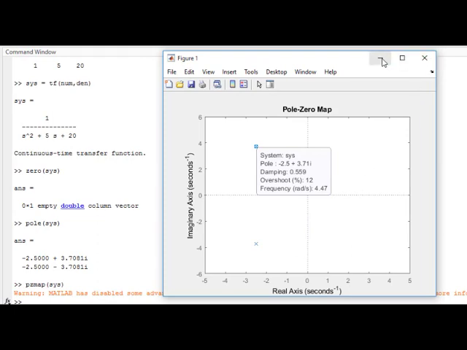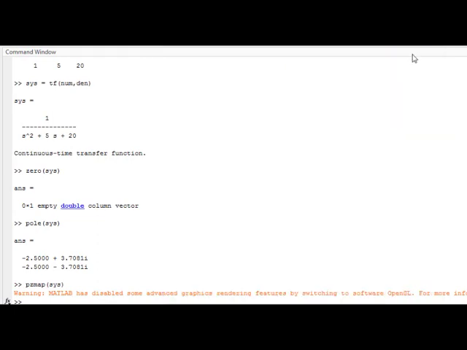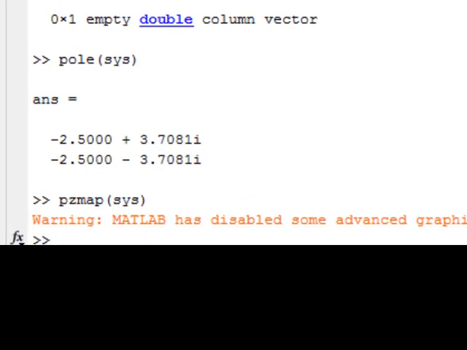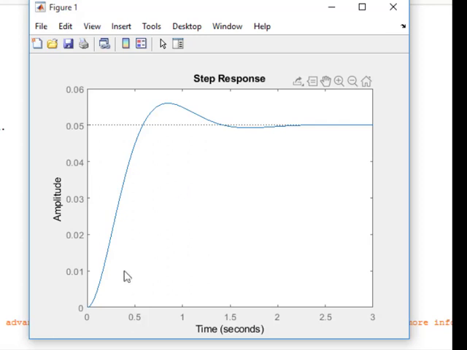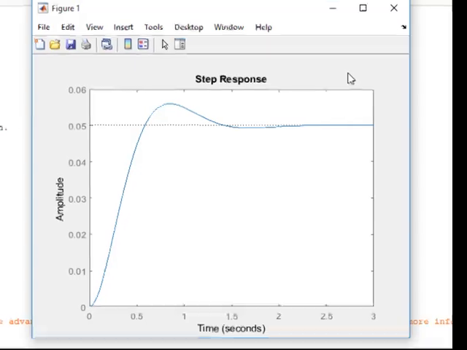Now we'll try to understand the response of the given system for a step input function. So to find the response for step input, we'll write step of system. Then we click here. Yes, this is a step response, and here you'll find it shows a little bit of oscillation and some overshoot. That means this is an underdamped system, or the response is an underdamped response. Okay, so we have verified by using MATLAB.